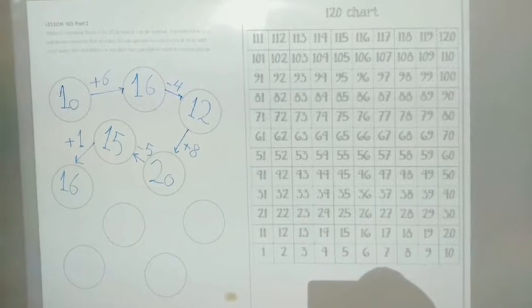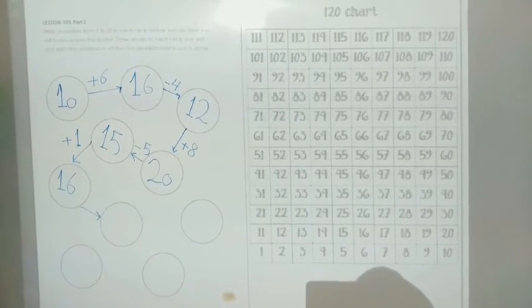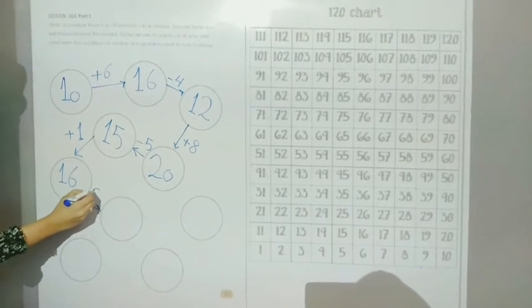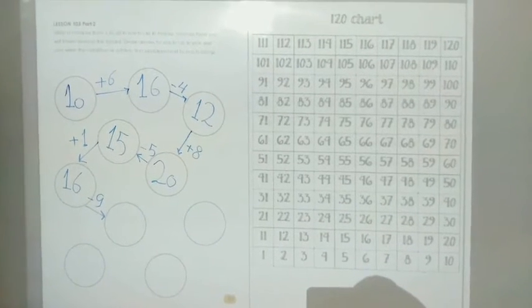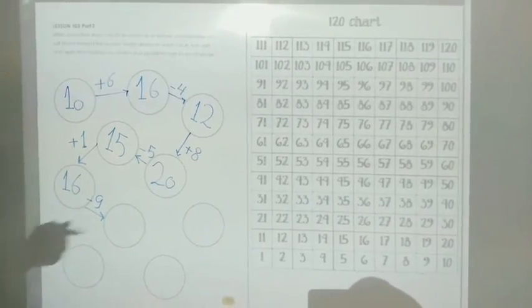Okay, next one. Here I want to travel to this circle. I want to subtract 9. So I stop at 16 and move 9 steps backward. Here is